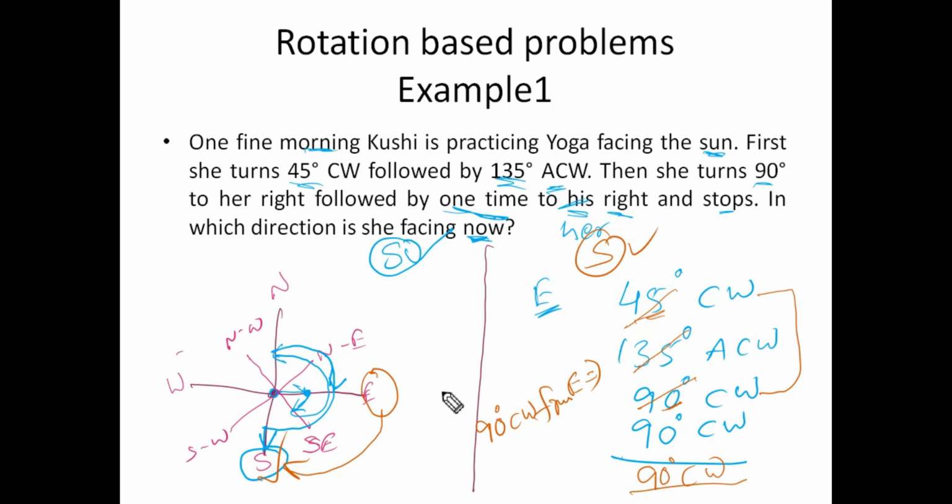So which is better? Yes, second. In which model is it? For rotation type questions, rotation based problems, this is the best method. Why is this the best method? There are some advantages. The first advantage with this method is,